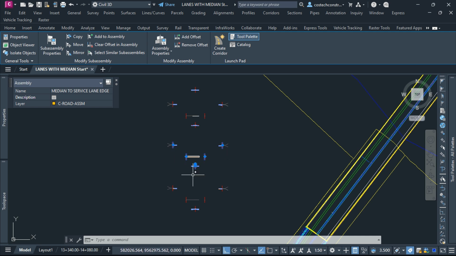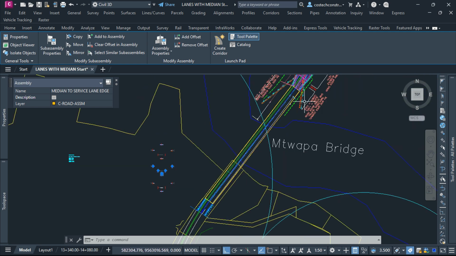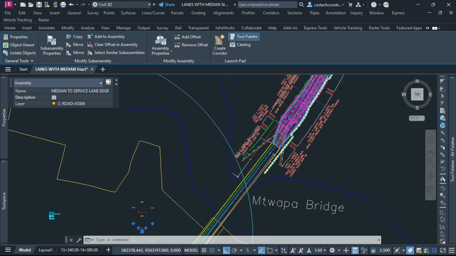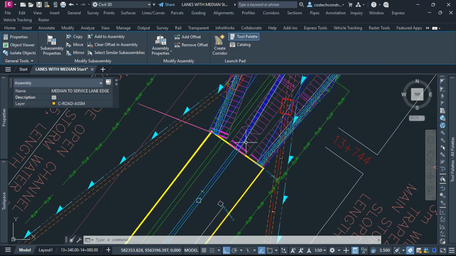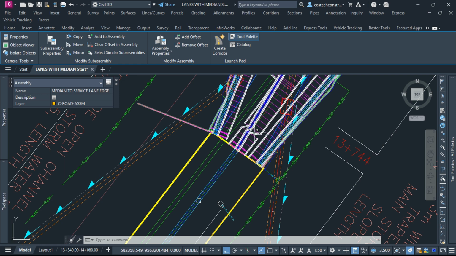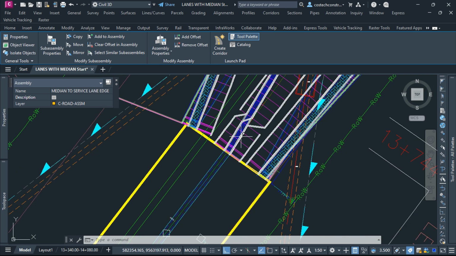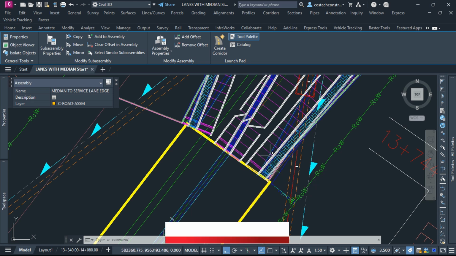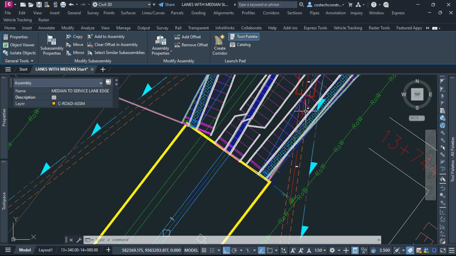So for this design, what we'll require is, if I zoom back to the model, we shall utilize it at this first region. We only require a median, then lane up to the service lane. We don't have up to the service lane edge here. Okay, median to service lane edge,